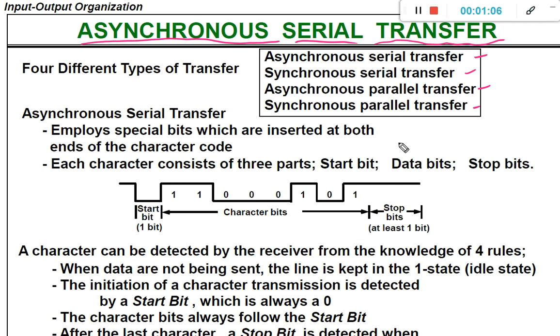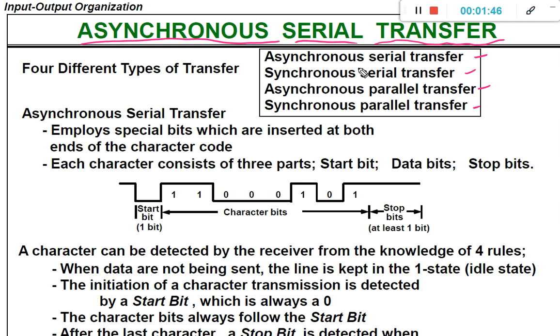Whereas if a long distance transmission is required, then we prefer serial transfer. As far as serial transfer is concerned, the bits are transmitted bit by bit. After the transmission is successful, these bits are grouped into a group of bits such as a byte or a word. After forming a byte or word, it is treated as a single entity. Like this, the serial transfer will occur.